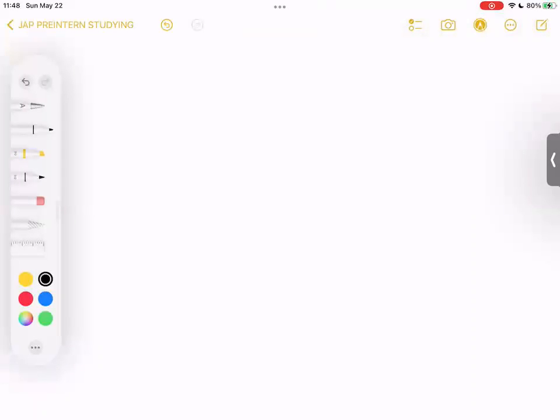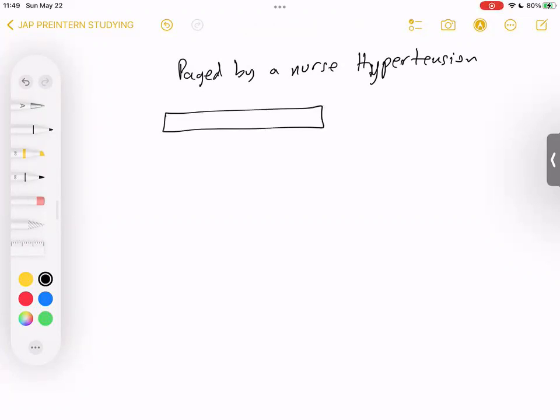We're going to start with the first one, which is being paged by a nurse for hypertension, okay? So what happens is, you're going to be paged and the page is going to say, patient X is hypertensive, and then they're going to mention something like 200 over 130. Okay, you're going to get this kind of page. All right, and the reason they will page you, by the way, sometimes